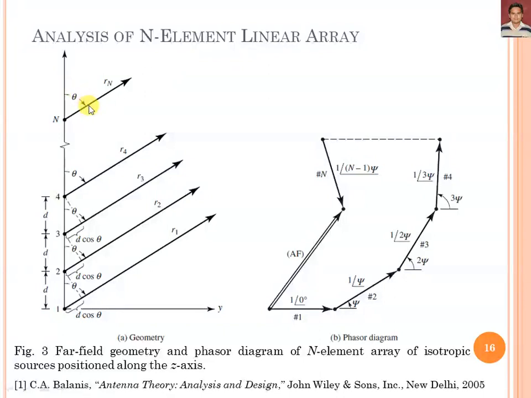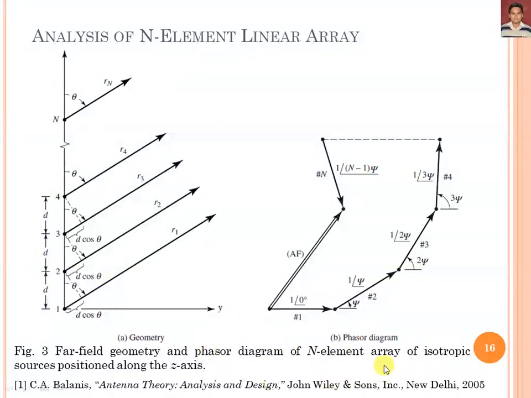The angle from the z direction to the observation point is theta, and we also assume that theta for all n elements is equal. As we have discussed, this is a uniform amplitude and equal spacing antenna array, and then we have drawn